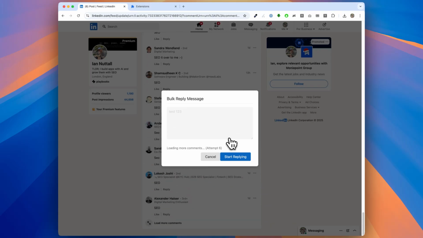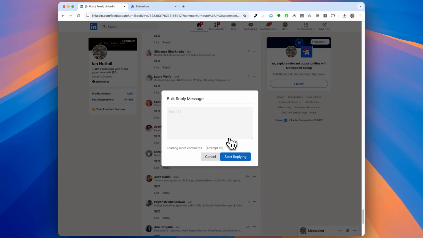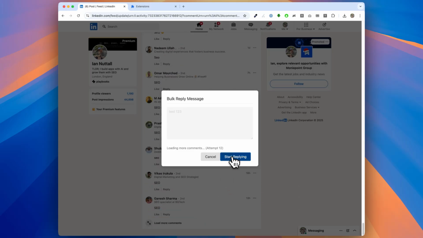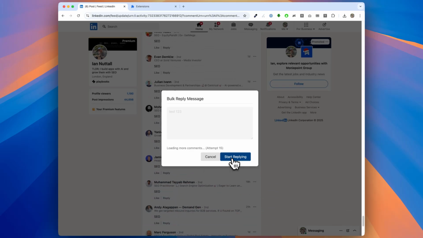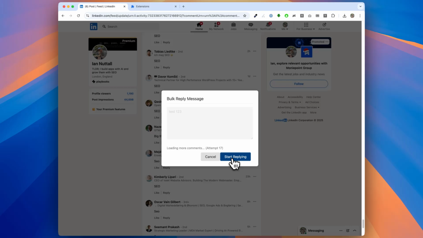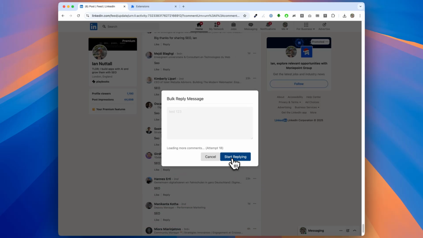We should maybe put some timings into this to make it a little bit slower. So it's literally going to load all the comments first, in which case we don't need the number on the button because it's confusing. We just need to know that it's going to do it. It's going to take a long time. I'm going to wait for this to finish, but I'm going to skip it because it's pointless for you to just sit there watching LinkedIn scroll.